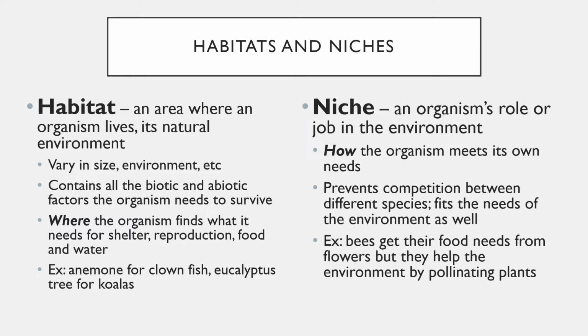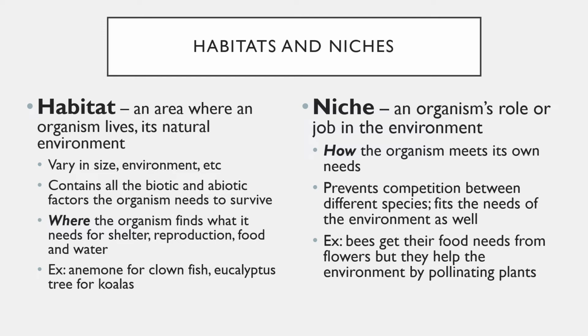So habitats can vary in size. It can be one tree, it can be the area under a rock, or it could be hundreds and hundreds of square miles if you're a migrating animal. It could be like the monarch and travel between different countries. It could be like some migrating birds that cross the ocean. So a habitat can be many sizes, many shapes, and made up of many different things. It contains all of the biotic and abiotic factors that the organism needs in order to survive.